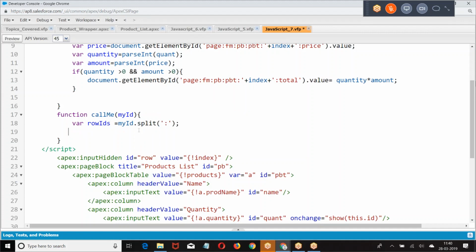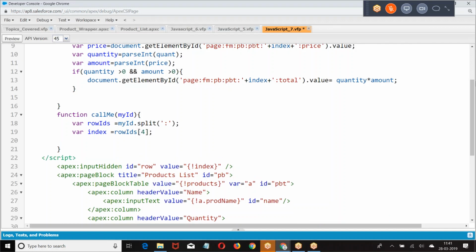What was I doing here? So we have document dot getElementById. Then we had equal to.